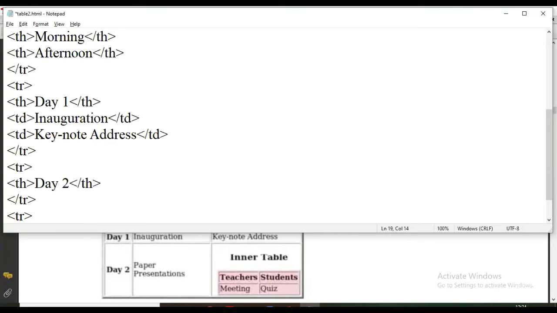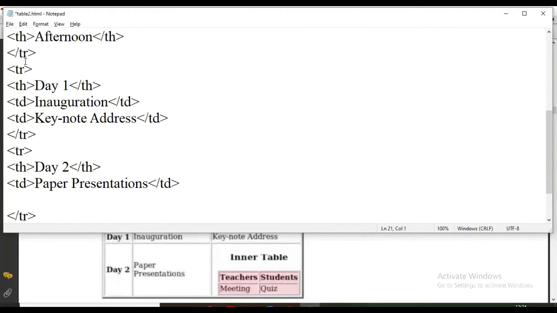And then TH close. Then comes next paper presentation, that is the normal text. So write paper presentation. Okay, and TD close here.